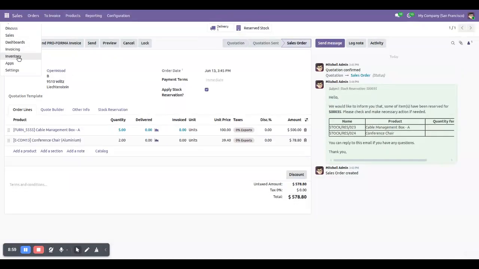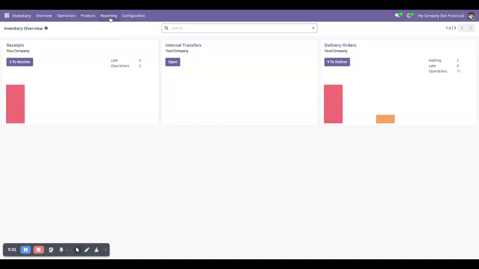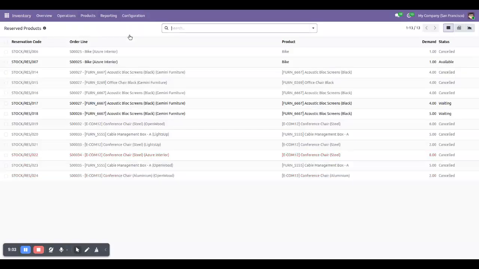Let's review under the inventory reporting. We already have the menu stock reservation. Now we can review it here. Only this stock is reserved, the other is already cancelled. This way, you can reduce multiple sales orders being confirmed without reserved stock. If you wish to reserve the stock for a particular customer before confirming the sales order, you can use these options